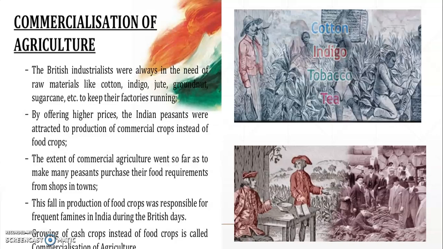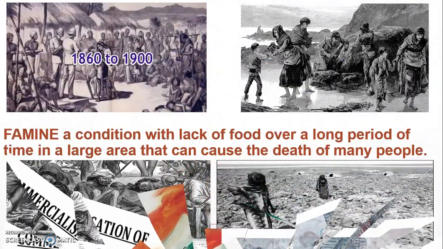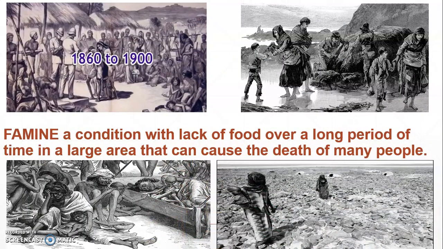During that same period, the Indians had to face many difficulties like famine, drought conditions, and loss of crops, but the British government did not do anything for the Indian peasants and farmers. So the period from 1860 to 1900 was a very bad period, because during that time the Indians had to